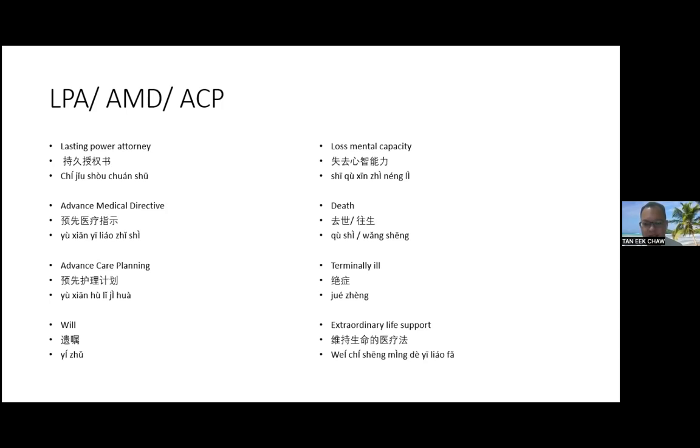So lasting power of attorney is actually a legal document that lets the patient give authority to the donee, in case in future the patient loses mental capacity, so the donee can decide for him or her regarding property and affairs, or the personal welfare. Like for example, yeah,